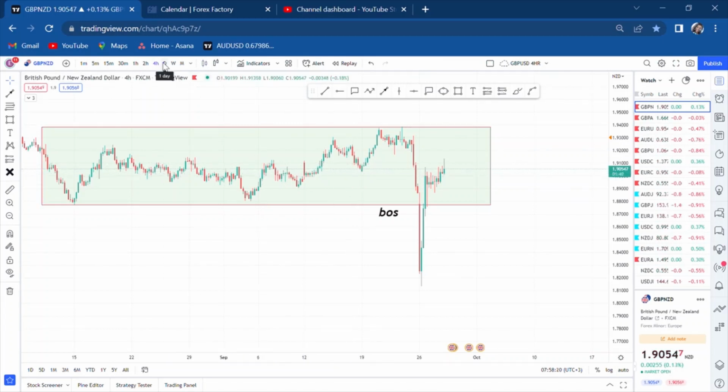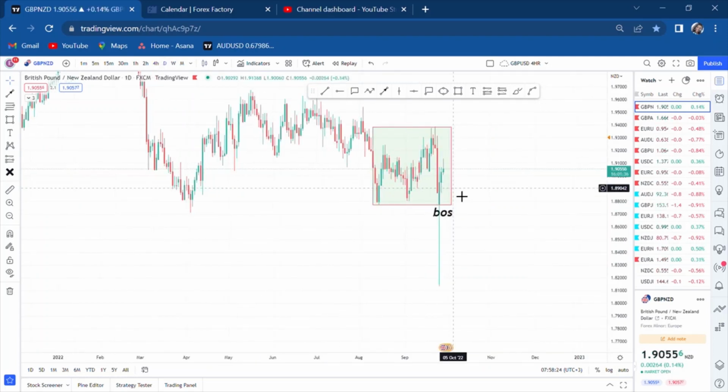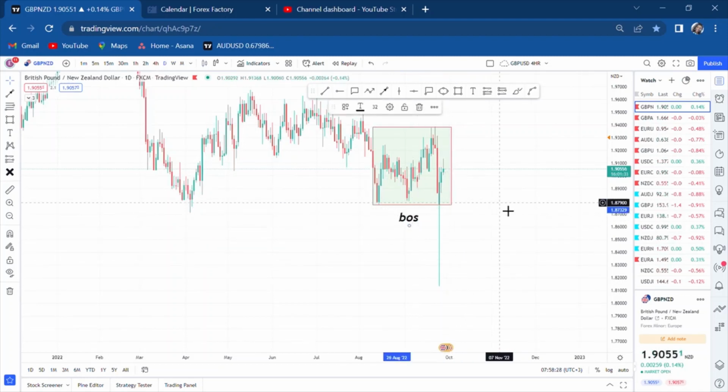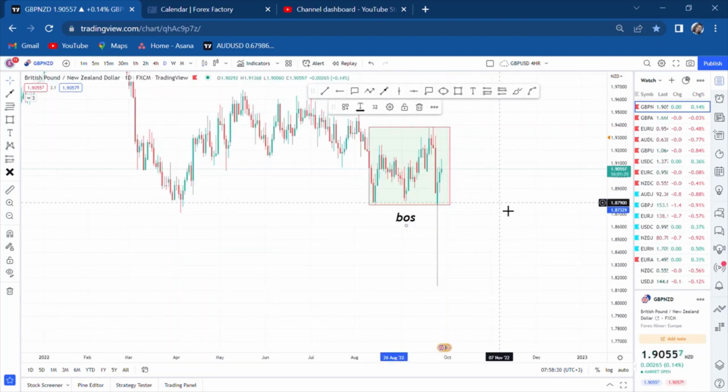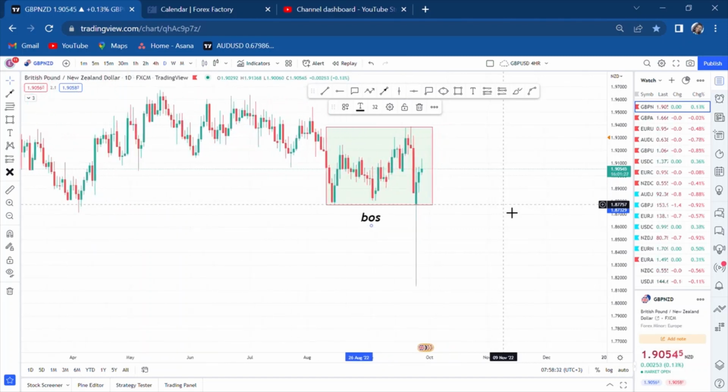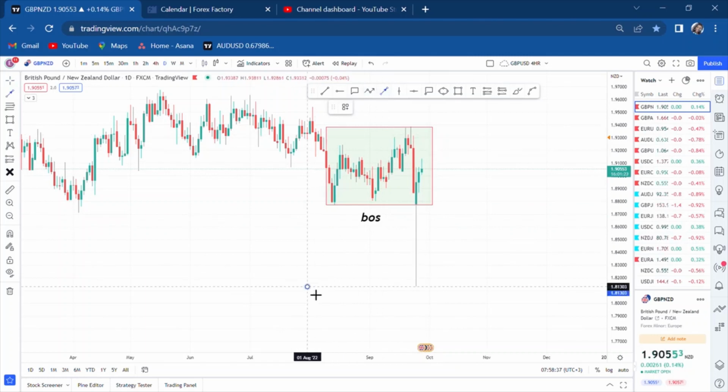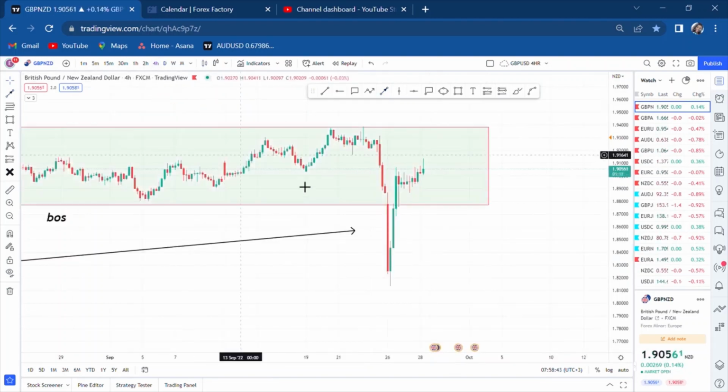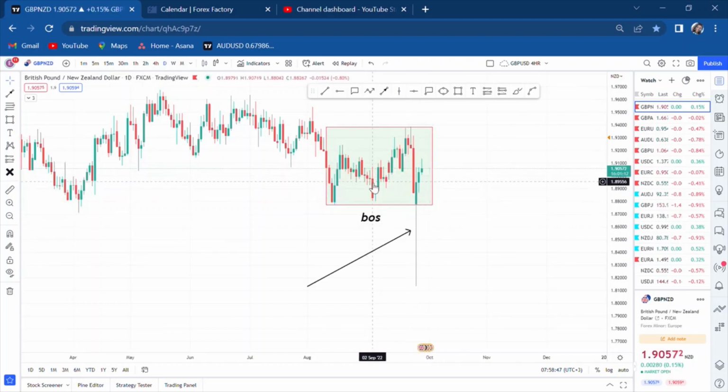On daily time frame, see the same box that we are seeing. You can see this is the same box, the same channel where we are seeing a break of structure. And this is what makes the difference. You see this week, this is the same week you're seeing the market breaking on 4-hour. So on 4-hour, there is break of structure. But on daily, there is nothing. On daily, we have a channel that has not broken structure.